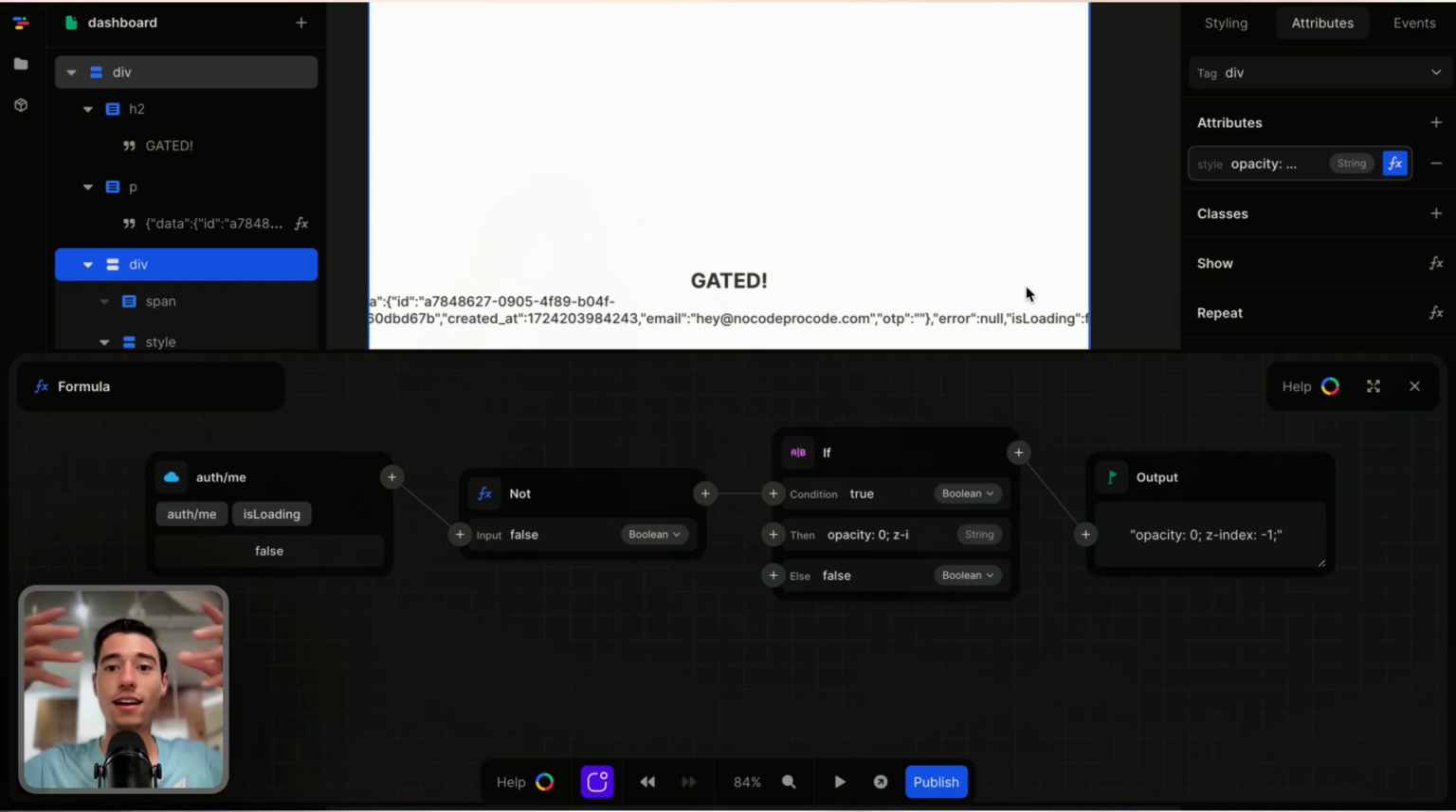And then z index -1 needs to be all the way in the back, because if it is in front of our content still, it can't be clicked. Like I can't click buttons and all of that because this loader thing is in front of my content. So I want to kind of take this and reverse it. I want to do then, if it is not, opacity 1, z index 999,